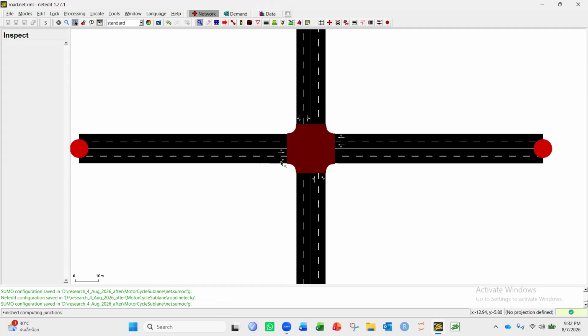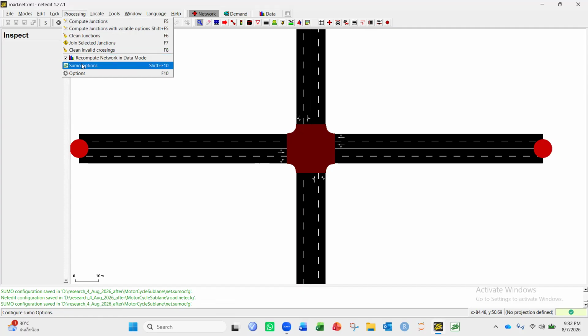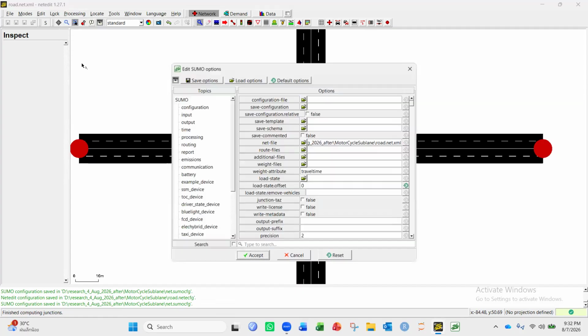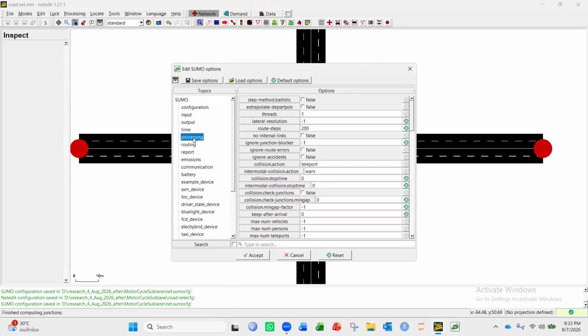So firstly, I want to go to the process, then go to the Sumo option. Under Sumo, we can see the processing. Clicking the processing, we can see the lateral resolution is -1. Here for motorcycles, we have to assign 0.7.